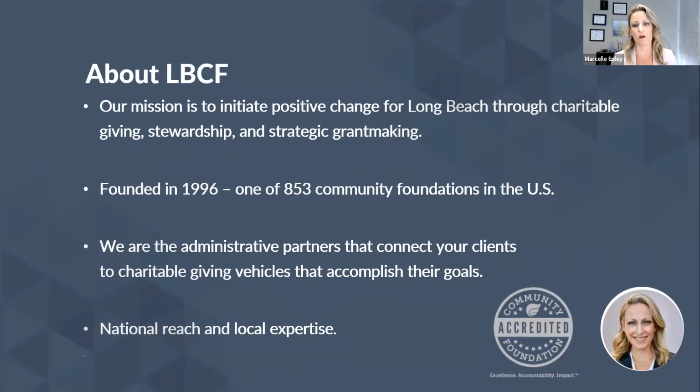And you see a logo on the bottom right-hand side that stands for national accreditation. We are national standards accredited and have been forever. That means that we adhere to the highest policies and procedures in the nation. It's a very strong self-audit that we undergo that's rigorous, but it's worth it because we're always up to date on what the best policies are and looking ahead to what's coming down the pike for our clients.